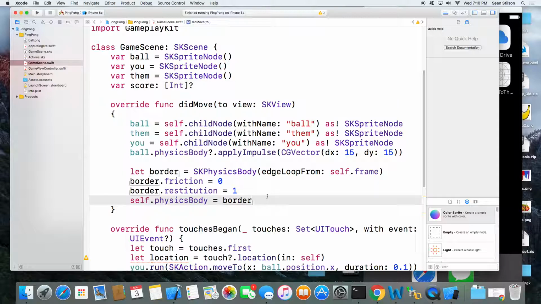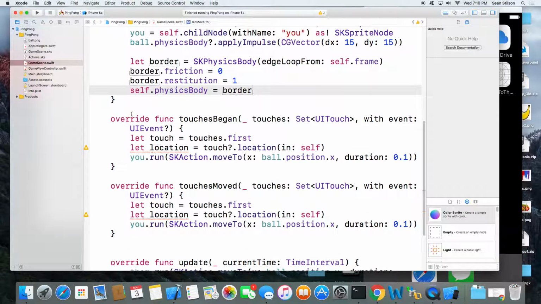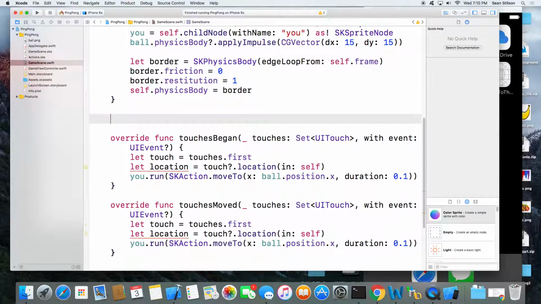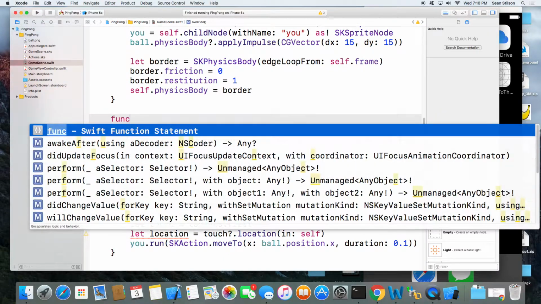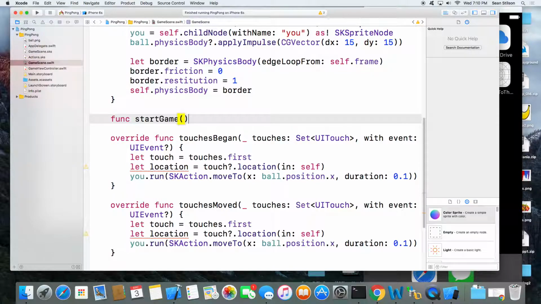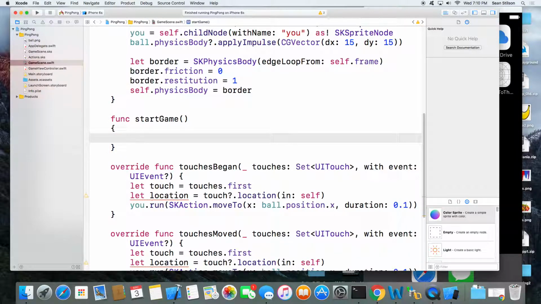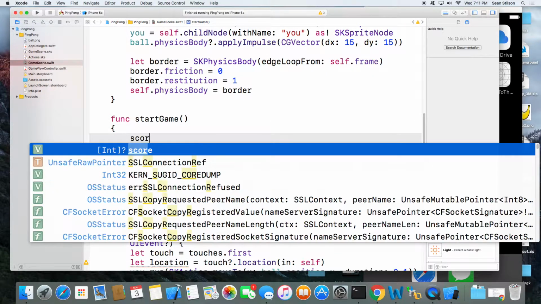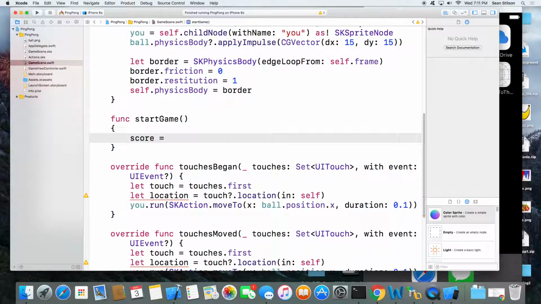And then another thing I'm going to do is create a function here that allows us to restart the game. Let's just create a func called startGame. And we'll set our score to be 0 and 0. So this array is just simply going to represent our score and our opponent's score.